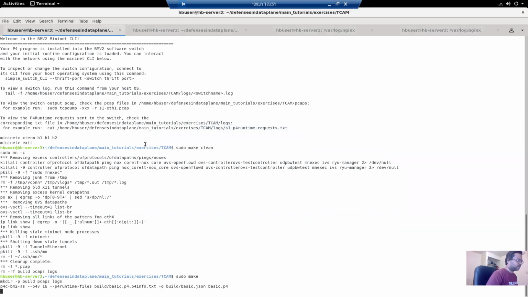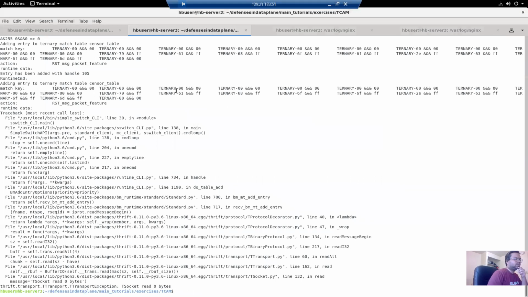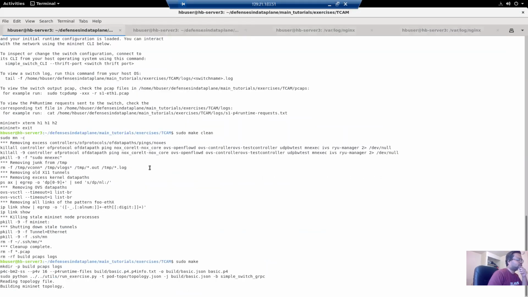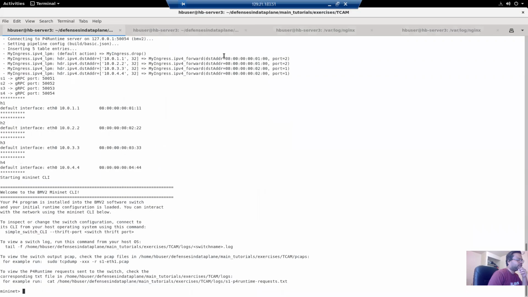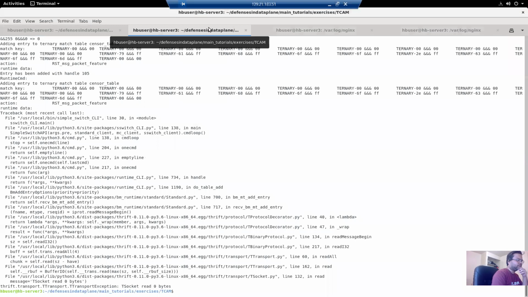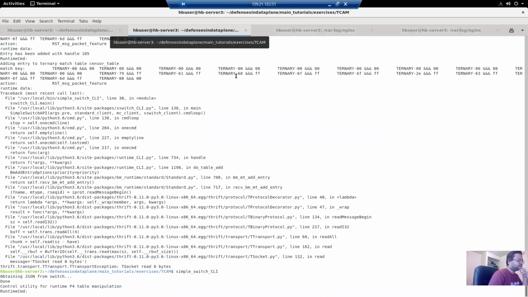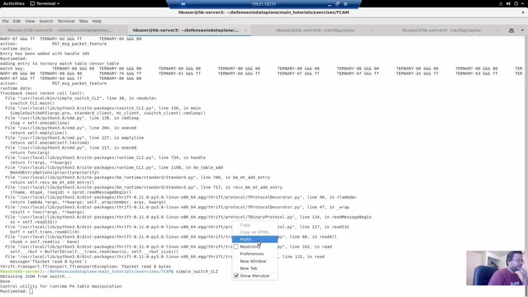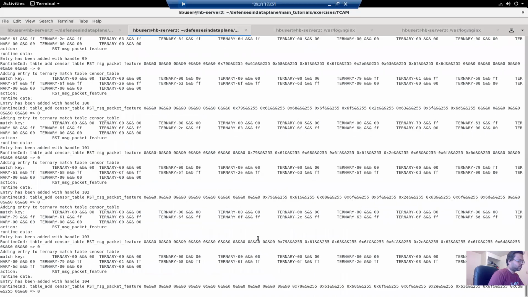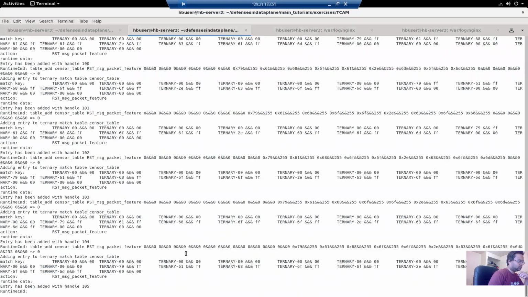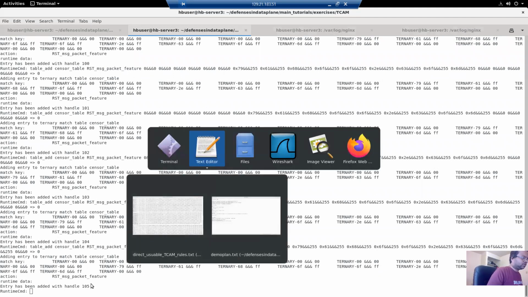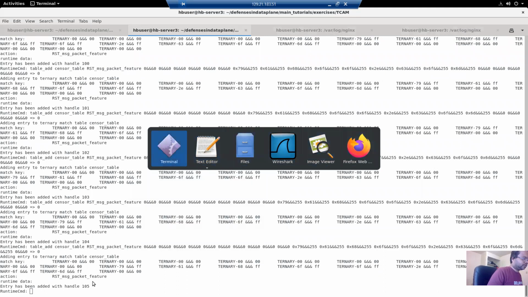Now we're going to run this again. Once this is run, I'm going to restart the control plane program and paste the same rules again, the same 10 rules corresponding to the 10 domain names.